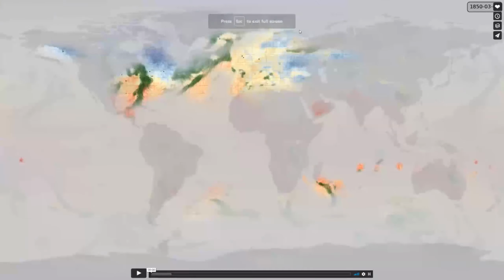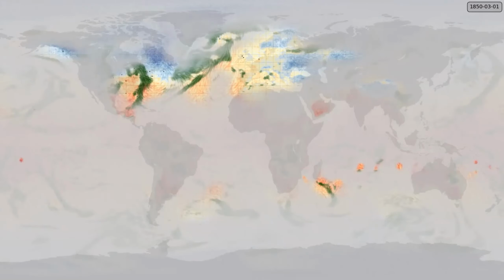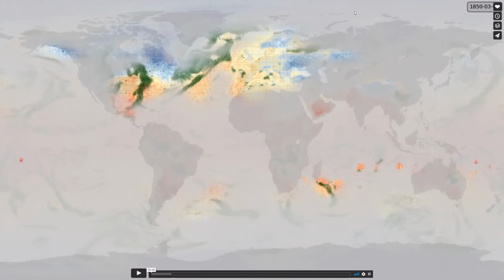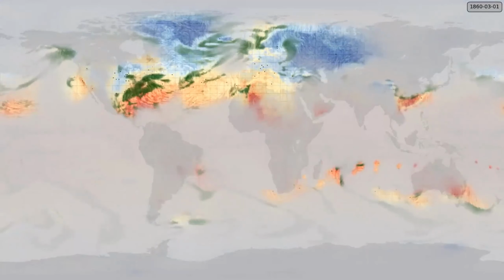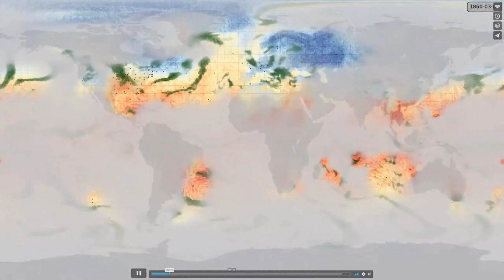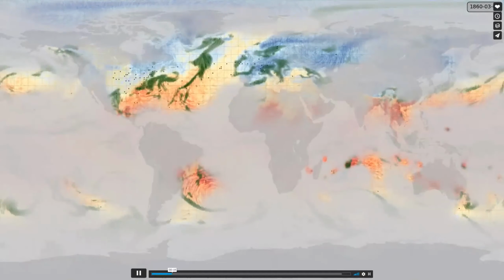Okay, so I shall start this. This is a visualization from 1850 onwards. I'm not going to show it all, but what this shows is what comes out of this reconstruction of the weather from the data that we're recovering. This is global, but it is an indication of what it looks like. It goes from about 1850 onwards, and as time goes on you can see more data. We're trying to fill the gaps to make this complete over the globe, and you'll see it improving, particularly over the Northern Hemisphere first. You'll see some data over Southeast Asia, Australia, and so on coming in.